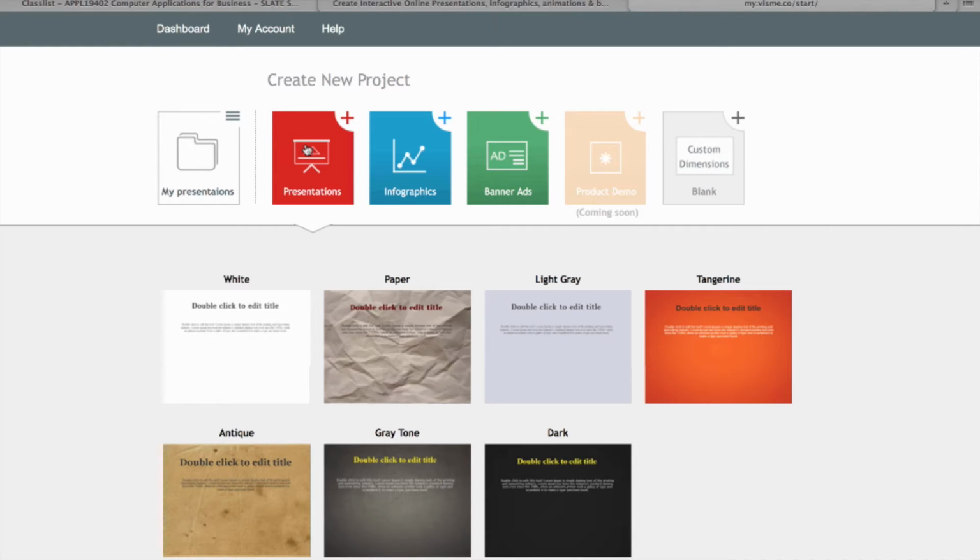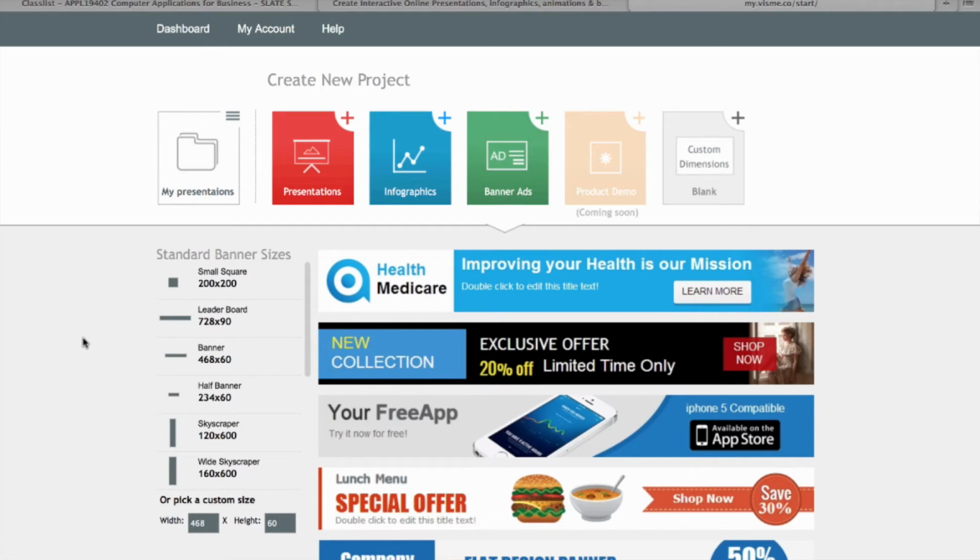So you can either create a presentation, a cool looking infographic, and even a banner ad that you would like to run on your website or on some other websites. And they are updating their app constantly, so other new features will be coming soon. Now I'm going to start with a banner ad maybe, and I'm also going to show you bits of infographic and presentation as well, and show you exactly why Visme is so useful because of their inbuilt editor. So let's go ahead, and if I click on banner ad, what you can see is you